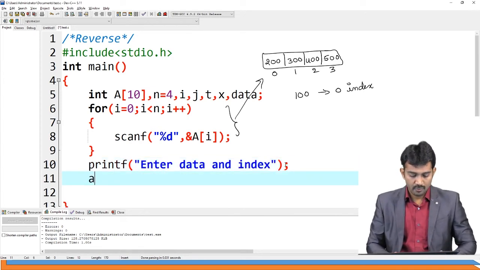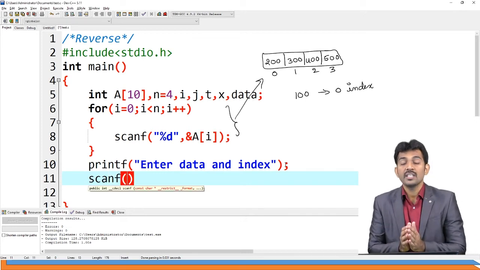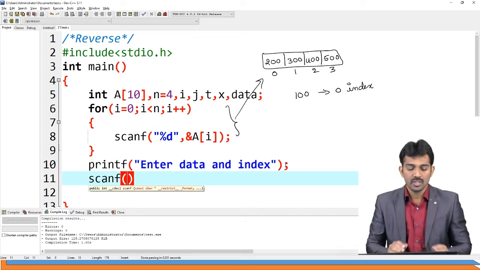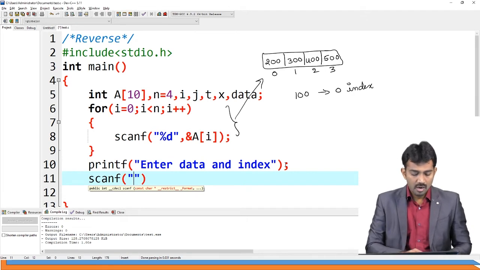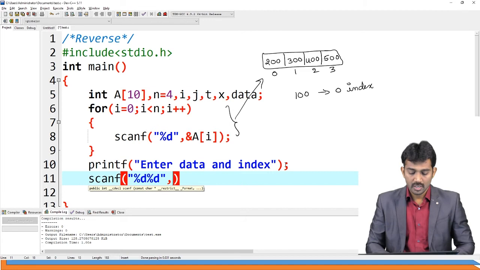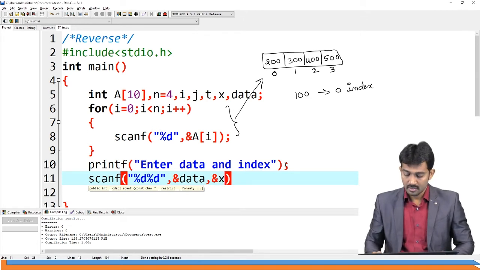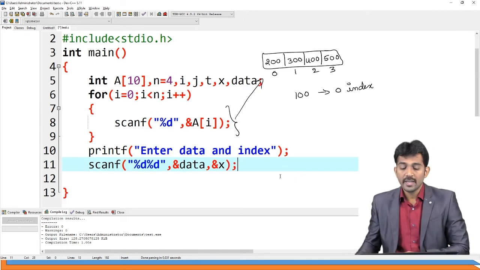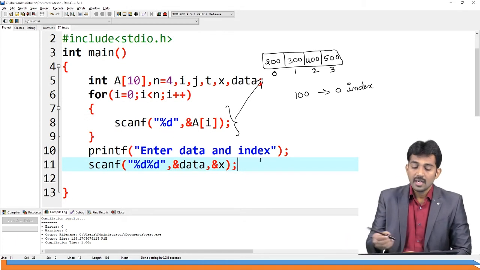Scanf of... I'm going to write code for generalized, please note this. It works for all the scenarios. Sorry, should use ampersand, ampersand first data item. That is very clear, otherwise you may get a problem. x index.